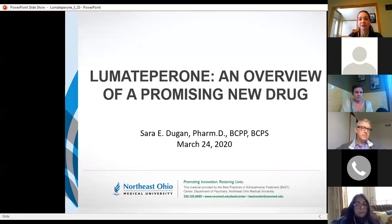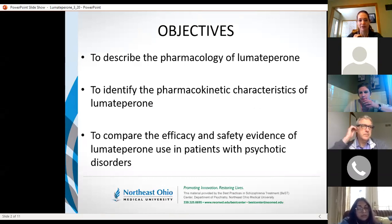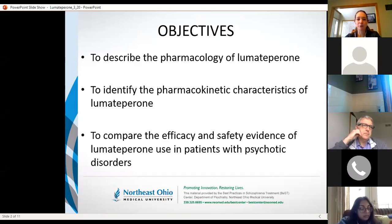So objectives, we're going to look at the pharmacology. This one's a little bit different than our other antipsychotic medications. We're going to look at pharmacokinetic parameters, and then we'll compare some of the efficacy and safety data, although it is relatively limited. I will just give you a heads up on that, but at least what's available right now. So Lumateperone,